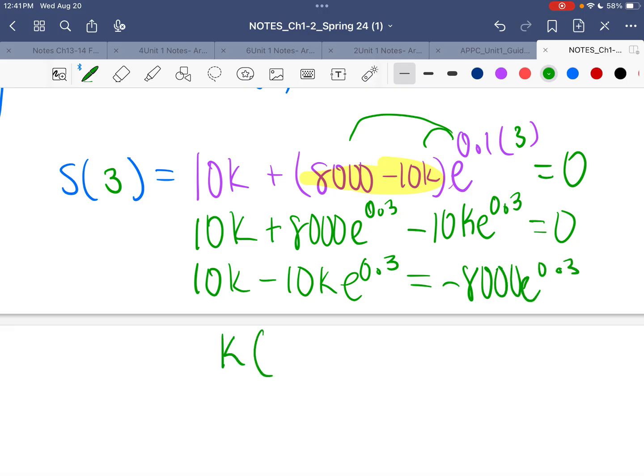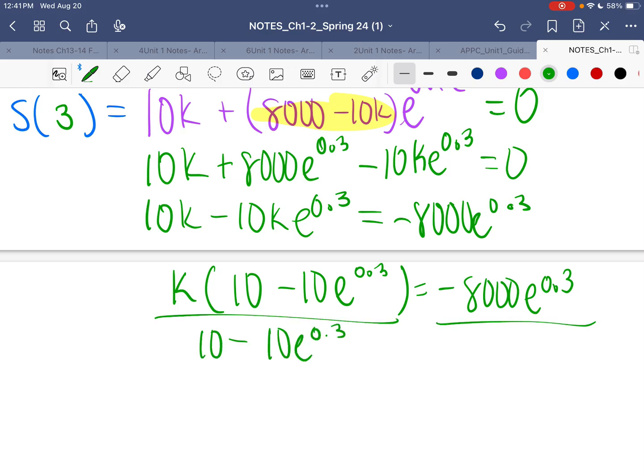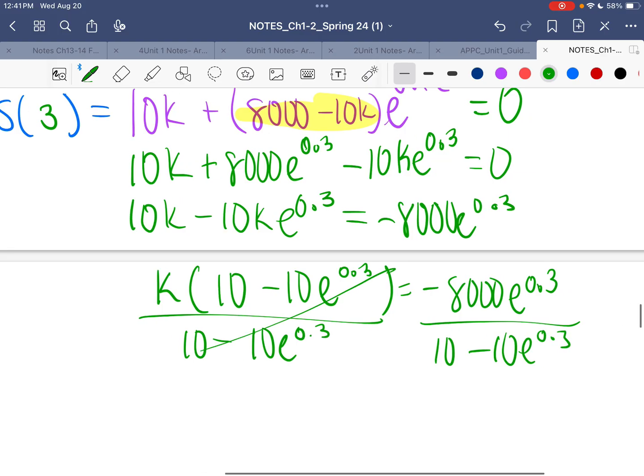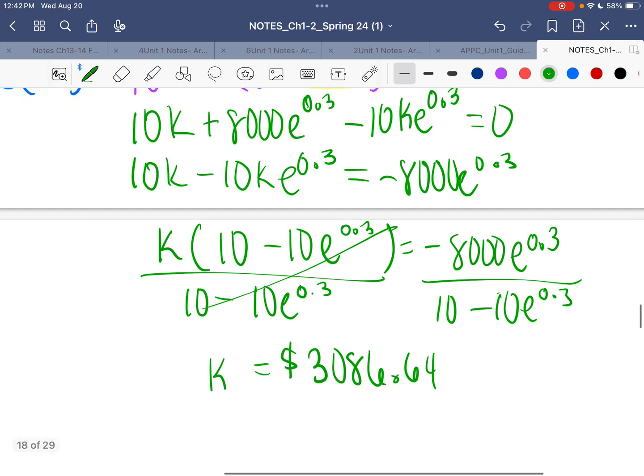Factor out the k. You could factor out the 10 too, but we're just trying to solve for k. And divide both sides by the 10 minus 10 e to the 0.3. So we get K is equal to that negative 8,000 e to the point whatever over 10 minus 10 e to the point thing, which if you use your calculator, you'll see is 3,086.64. This K is how much we're going to pay